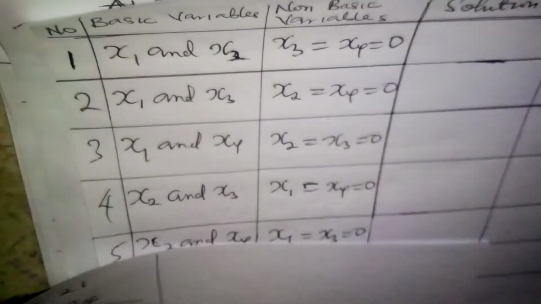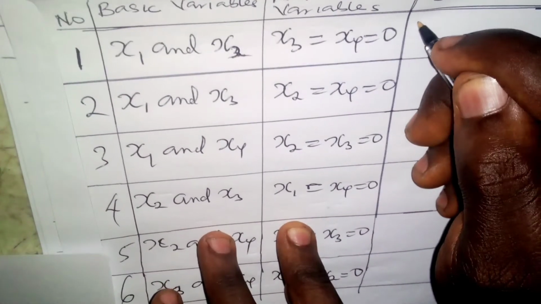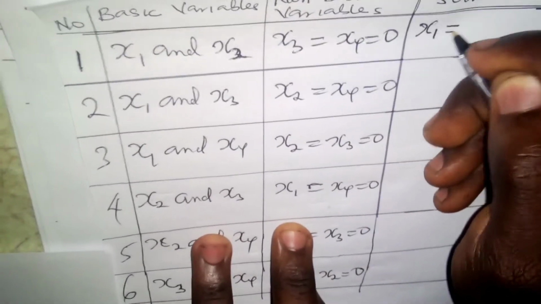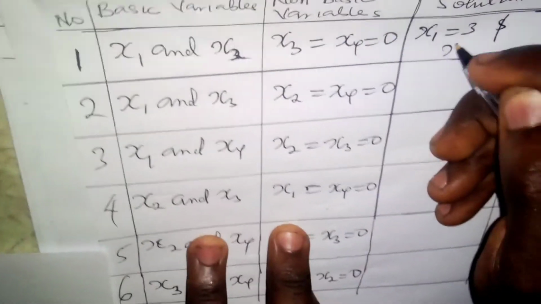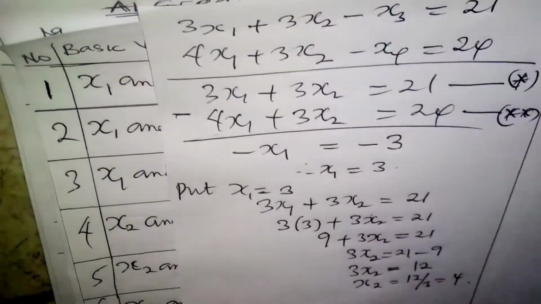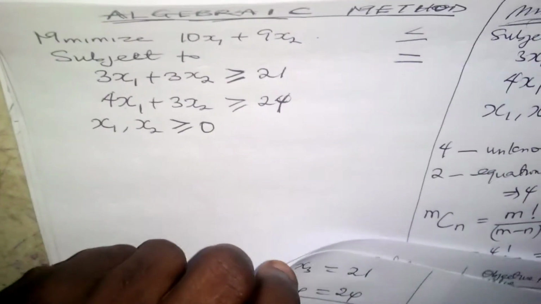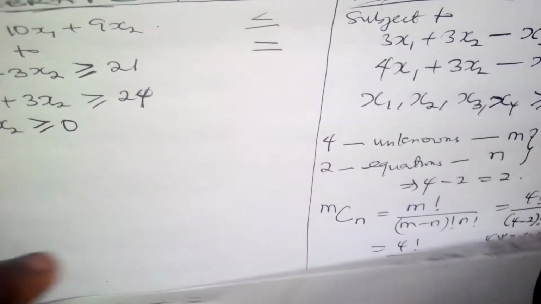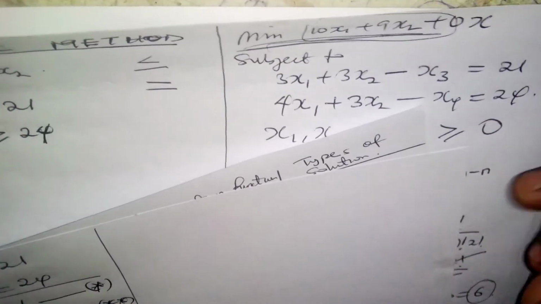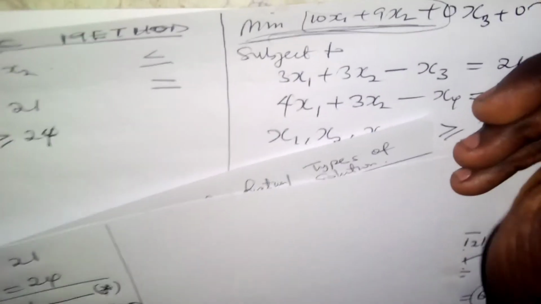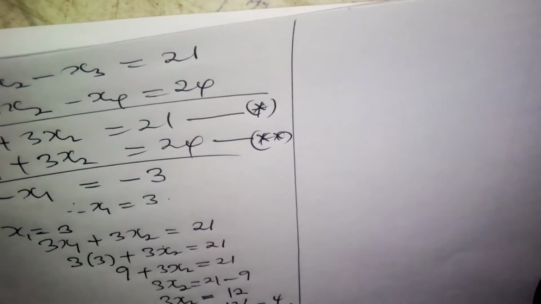That's how we obtain the value of x2. So we'll go back to our table. It means the solution x1 is equal to 3 and x2 is equal to 4. Then the objective function can be obtained very easily. To obtain the objective function is to go back to the objective function given to us, which is 10x1 plus 9x2. Remember, we can still add the slack variables there, which is 0x3 plus 0x4. It has no effect. So if I impute that into what I'm having here, it means